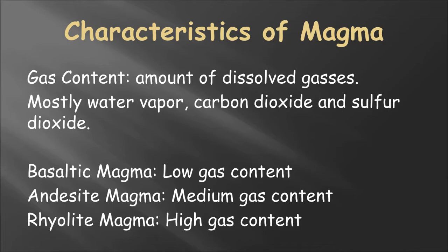Remember, basaltic magma has a low silica content, therefore it has a low viscosity. It's like dish soap, okay? If you were to take some dish soap and put a straw into it and try to blow bubbles into it, the bubbles would escape very easily, okay? You can make a whole bunch of bubbles without trying a whole lot. You don't need a lot of pressure to build up,